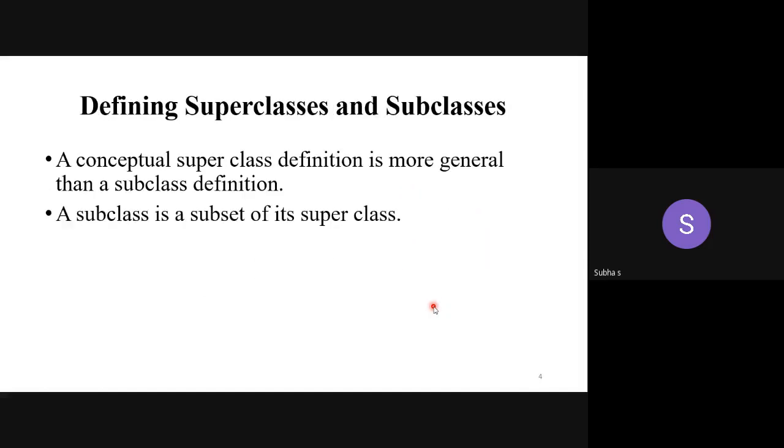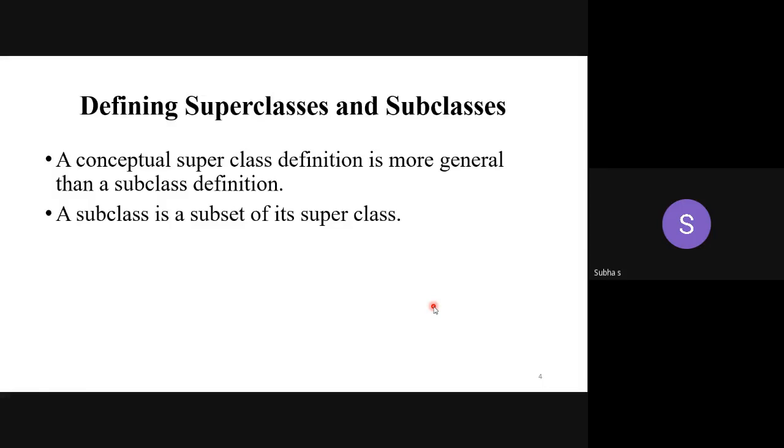So next, how to define the superclass and subclass? Because the same concepts which we have studied in the object-oriented programming. How can we relate the superclass and subclass? Through inheritance. What is the advantage of inheritance? Reusability.